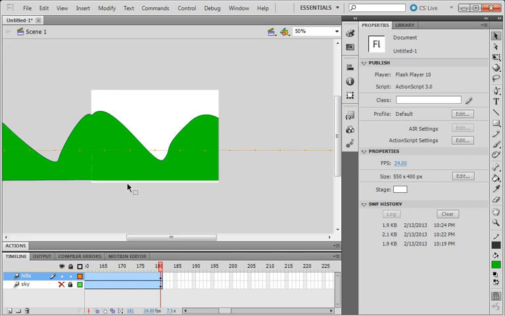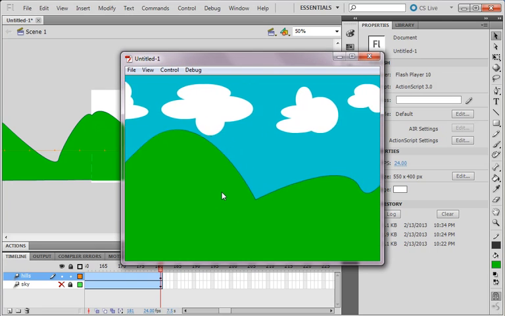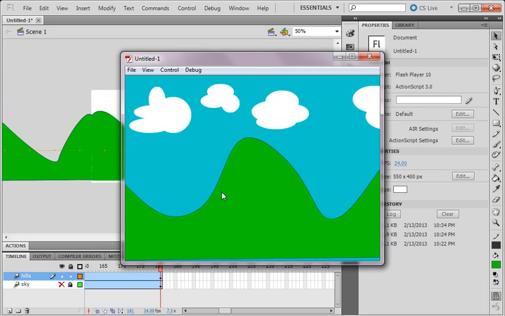It's okay that we have some white here because we're going to put a road anyway. We can test our movie. So we have our hills. Because our hills are longer than our sky,